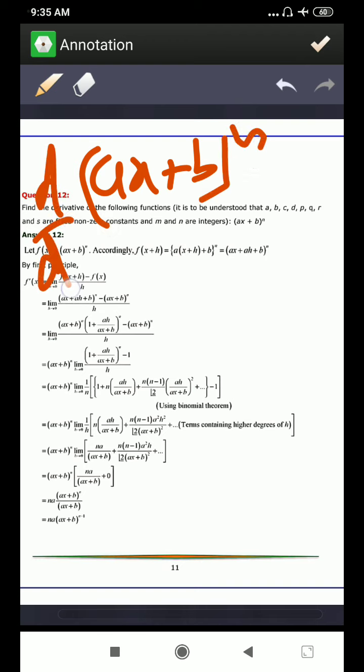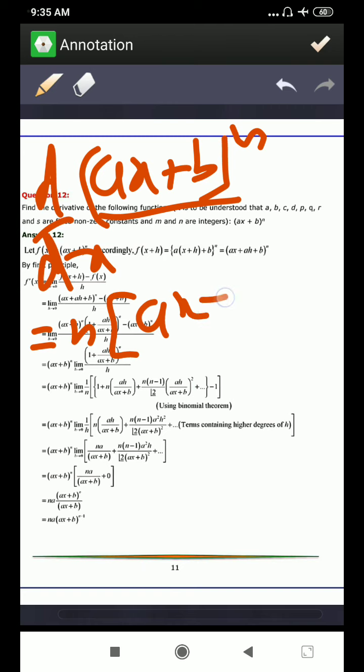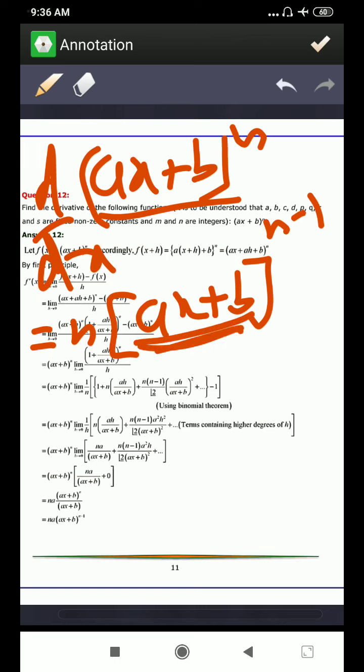In chain rule, what to do? First, whenever power is given, we will differentiate it as x raised to power n only. So I consider it as x raised to power n. Forget about this ax plus b. So what will be the derivative of this? It will be n into whatever is given raised to power n minus 1. But in place of x in this question, this whole thing is given. While applying the formula, I am considering this whole as x. Then only I can apply the formula n into this thing raised to power n minus 1.